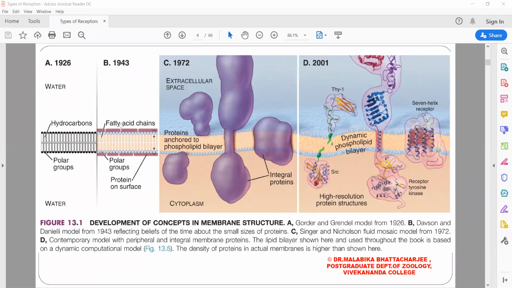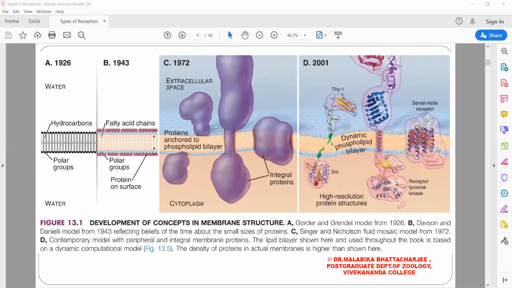If you look into these two models, one thing is very clear, which they had proposed: there is a layer of polar fatty acids. There are in fact two layers of polar fatty acids. In the Gorter and Grendel model, we are not seeing the presence of any protein groups, but later on in the Davson and Danielli model, they showed the presence of protein. However, the model was further modified and finalized, and the present model is based on the 1972 Singer and Nicolson